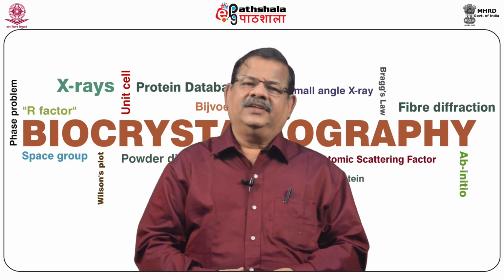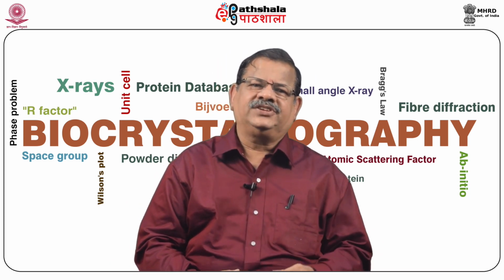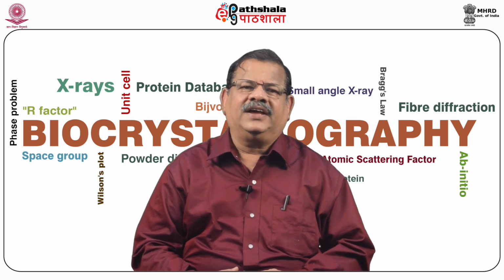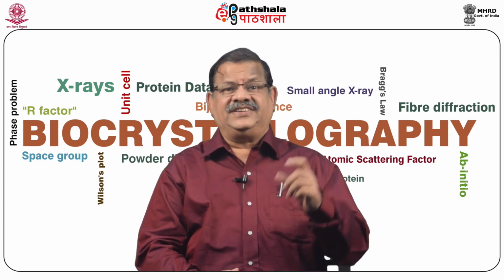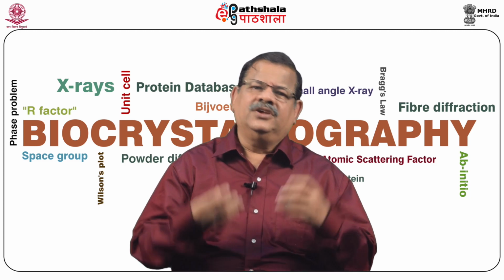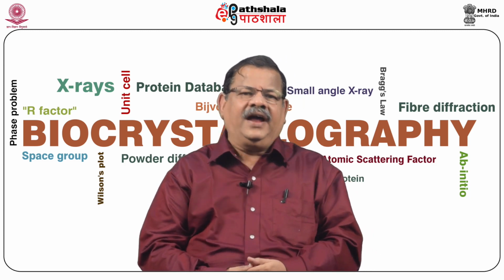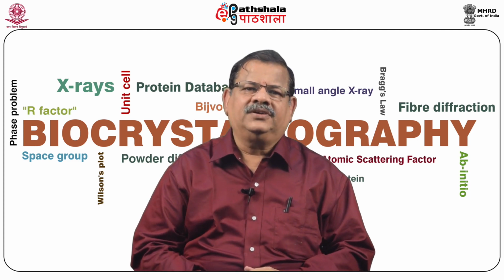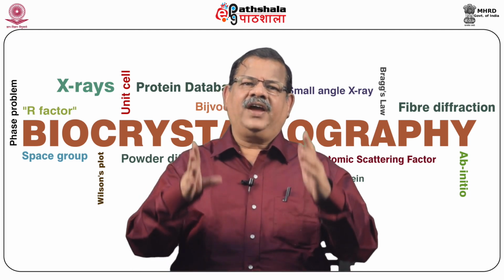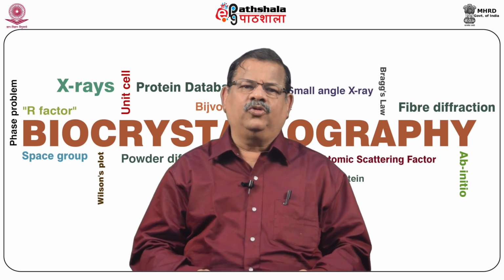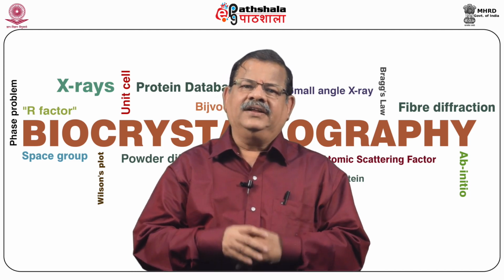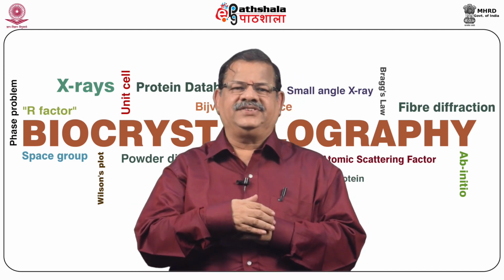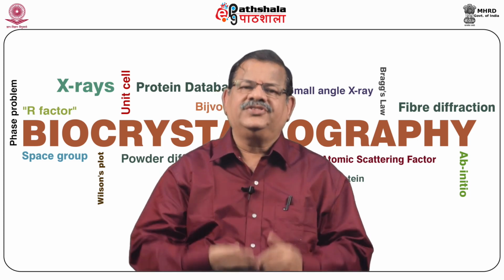But usually the referees request you to geometrically fix it, no? So in the same program we have a provision called the HFIX command, using which you can geometrically fix the hydrogen, and the final R factor, as I told you in the beginning, can be 5% or lesser. For a well-refined model, the goodness of fit, or GOOF, should be around 1, and the mean shift over ESD during refinement should be close to 0.